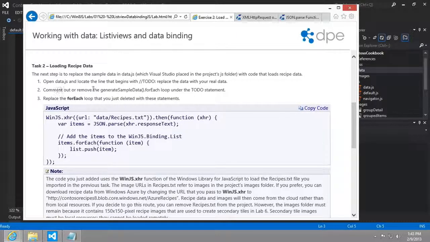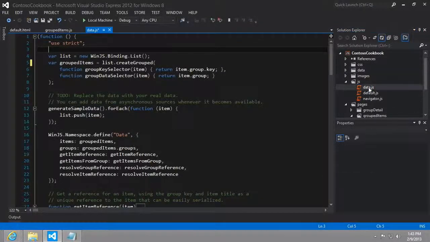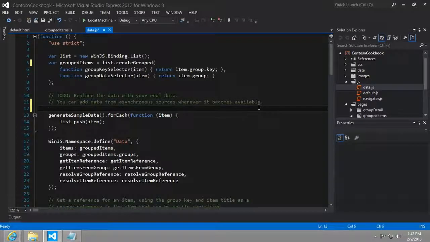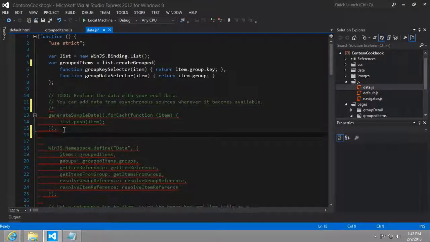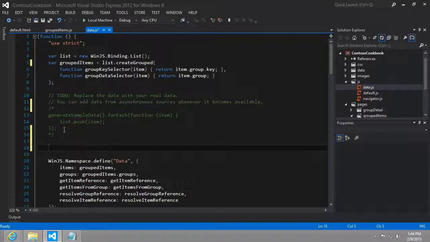So you'll comment out or remove the generate sample data for each loop. Remember that we saw that earlier. It's like line number 12, and we will replace it with all this script. So I'm going to go ahead and copy the code, and then let's follow those instructions. So let's get to the data.js file, and what it wants us to do is comment these lines of code out. So what we'll do here is we'll do this, and then I'm just going to paste what I have